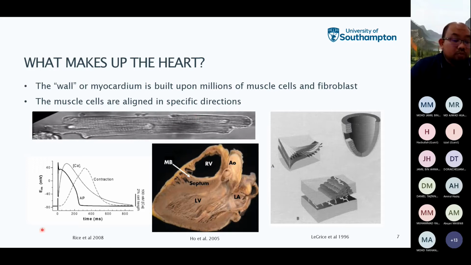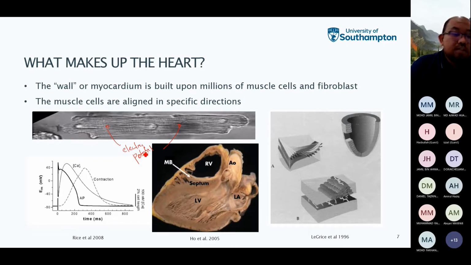And if I were to put some electrodes, maybe here and here, then I will be able to measure the change in